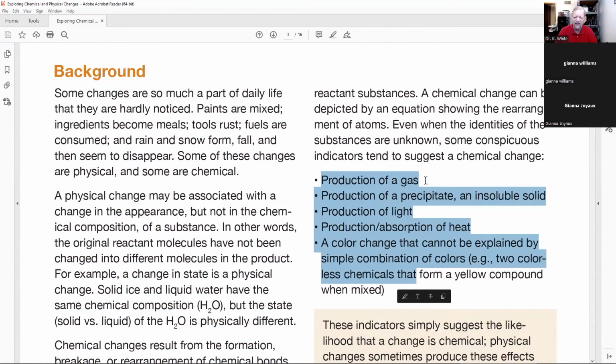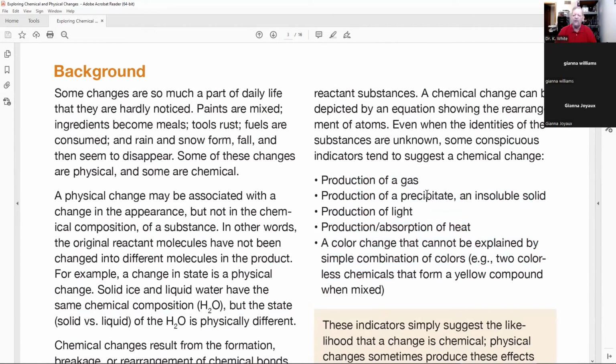How do you know if you have a chemical reaction when you mix two things together? Well, if you see a gas form, meaning bubbles, that's an indication of a chemical change. If you see, when you mix two things together, a precipitate produced. Now, precipitate means in a test tube, you mix two liquids together, and all of a sudden you see a solid falling to the